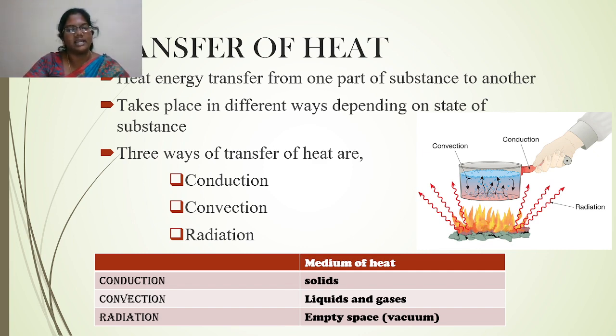And radiation is from the sun or from wood heating, like a campfire. I already told that when we are going outside under the sun, we can feel a warmth. That warmth is because of radiation. The sun is millions of kilometers away from us. To say exactly, the sun is 8 minutes and 20 seconds away from us in light travel. We can feel it here. That is because of the radiation.